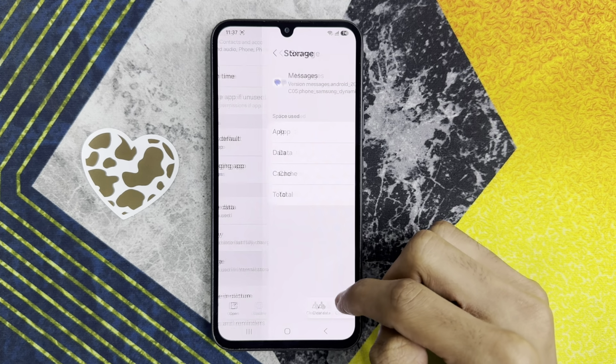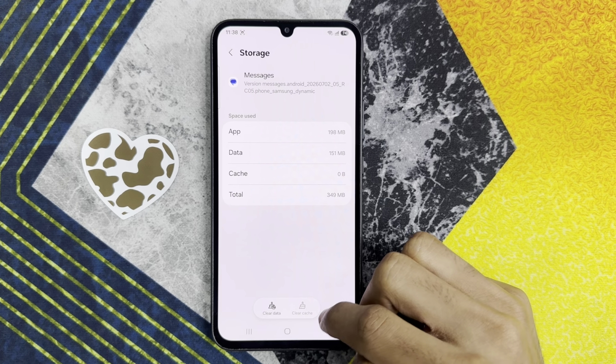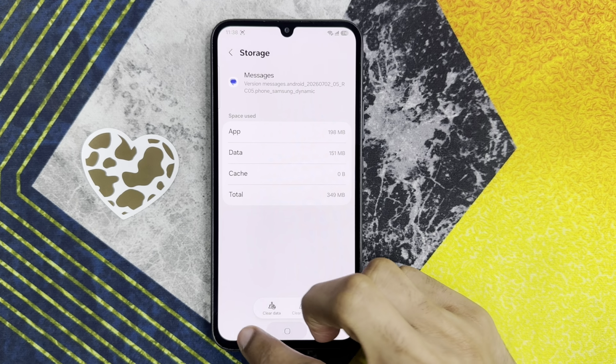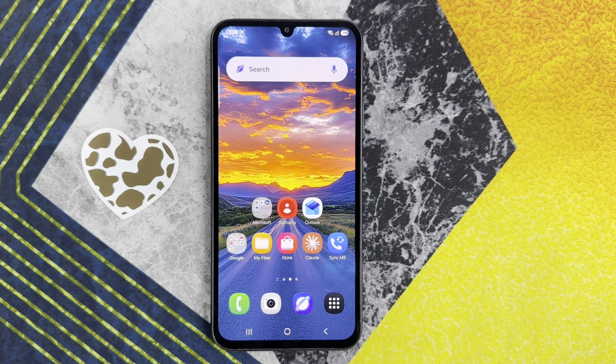Click on storage and click on clear cache. After clearing cache of messages app, go back to home screen. You will see your problem is solved. But if it's still not solved,